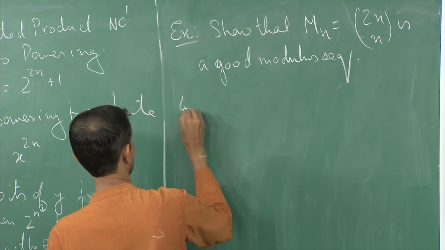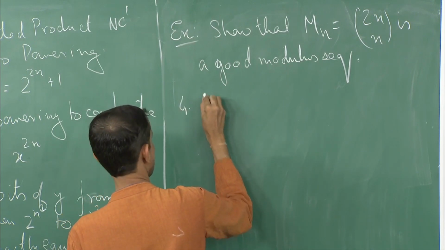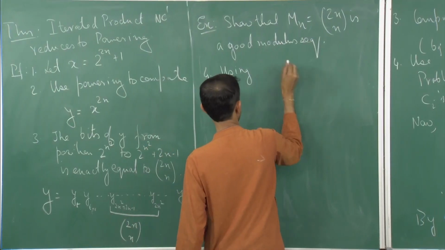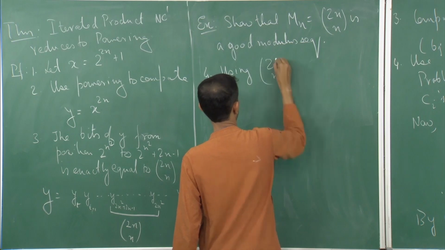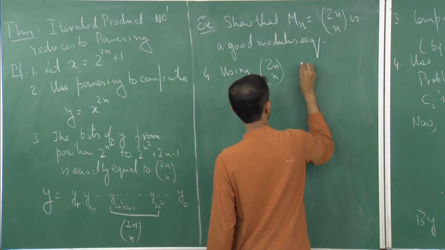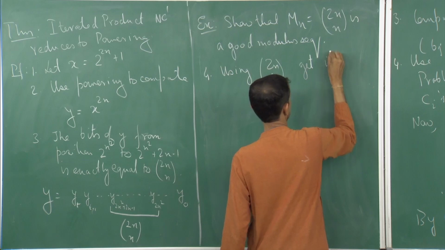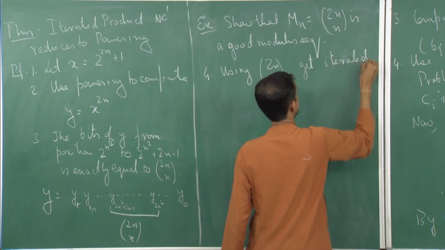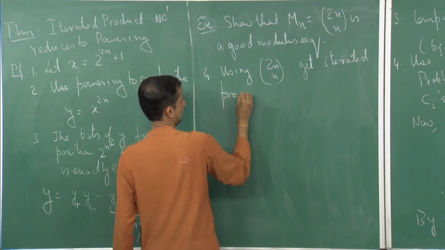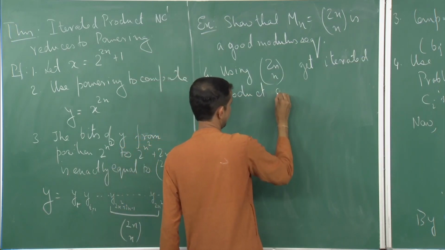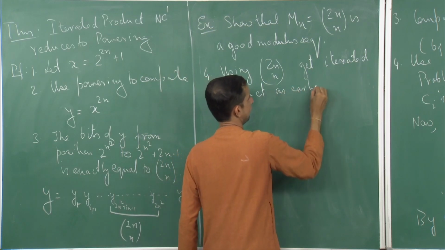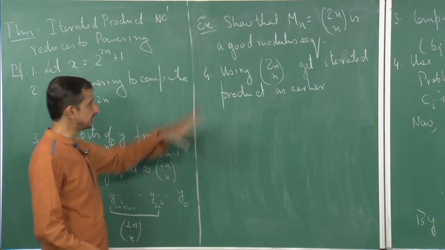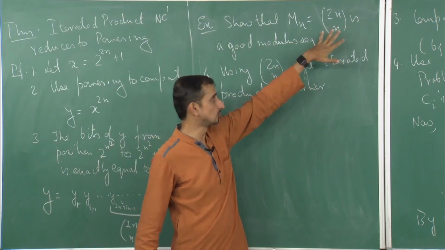So, using the value of 2n choose n, we get iterated product as earlier, okay. So, the only part that remains is to prove this is a good modular sequence, and